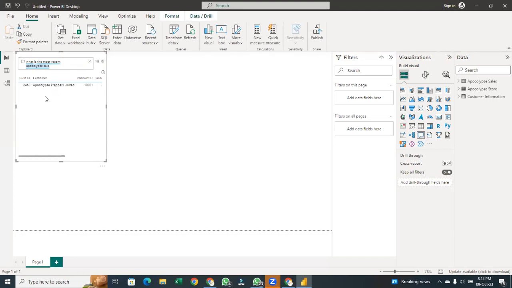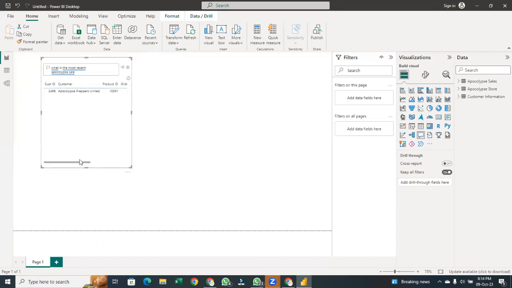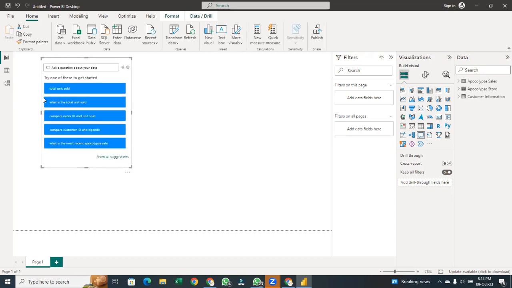So it's telling me the most recent, which is the one we sold to Apocalypse Preppers United. This is the order ID. If you scroll, it's showing us in the table, so you're able to see more information: order ID, product ID, units sold, and the date, which is Tuesday, March 15, 2022. So it gives us all the information about that using the table. That's one of the things we can get. We can click on any one of them that we have here,